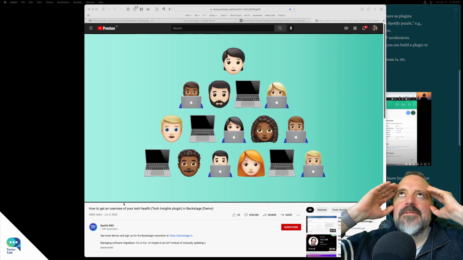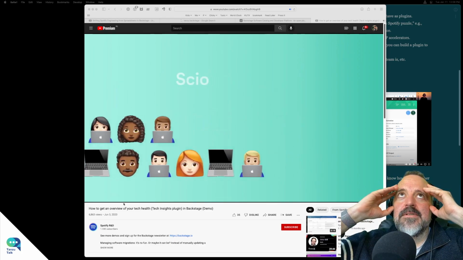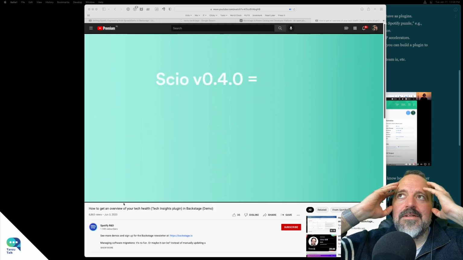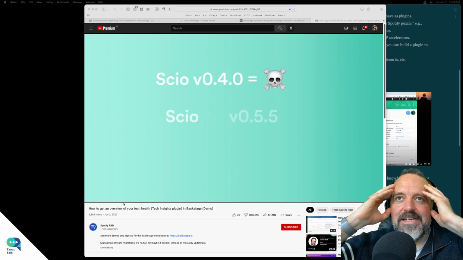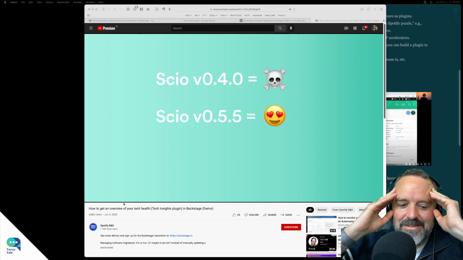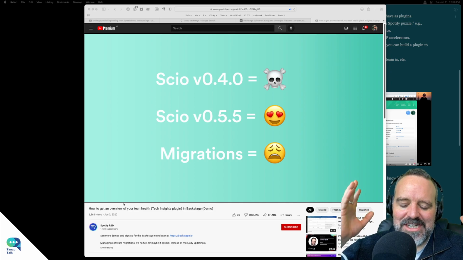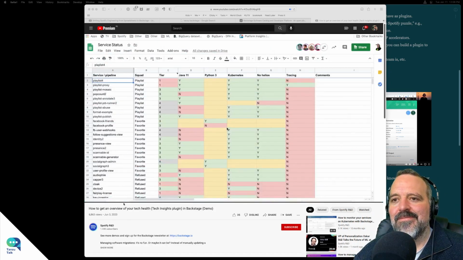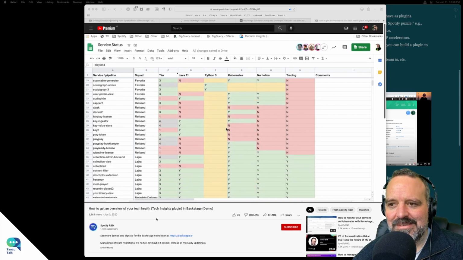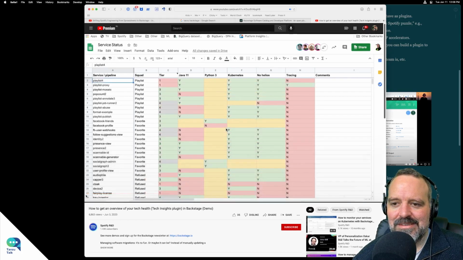There's been a decision that we need to migrate all our data pipelines from our old version of the Scio framework to the latest. You need to understand how much effort this will require. You're all in the midst of migrating to Python 3 and Java 11. So you open up your spreadsheet containing a manually curated list of all the services and pipelines.